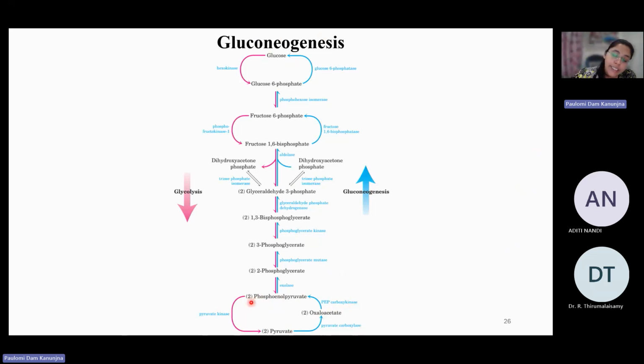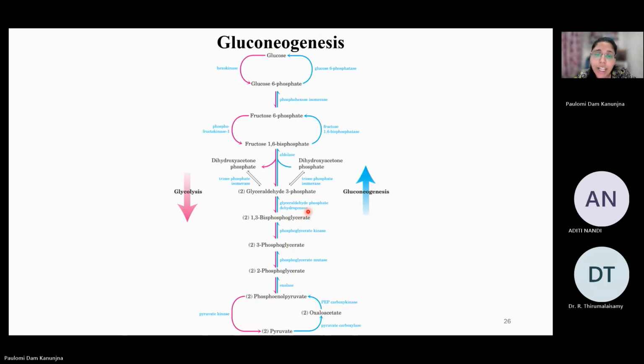So it gets converted to pyruvate by one enzyme, but for it to convert back to phosphoenolpyruvate, it has to take two enzymes and one intermediate. Then when you have PEP, it gets converted by the same enzyme enolase to 2-phosphoglycerate, via the same enzyme phosphoglycerate mutase to 3-phosphoglycerate, via the same enzyme phosphoglycerate kinase to